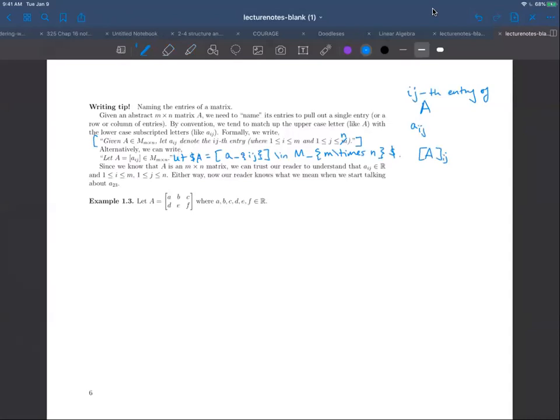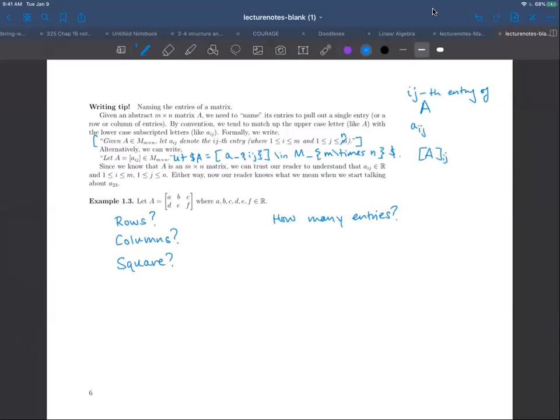All right, so if I take this matrix in example 1.3, I've given it some letters A, B, C, D, E, and F. Those are all real numbers. Some questions we might ask are, how many rows? How many columns? Is it square? How many entries does it have? I think those are probably all the questions we would ask at this point, but let's just practice a couple